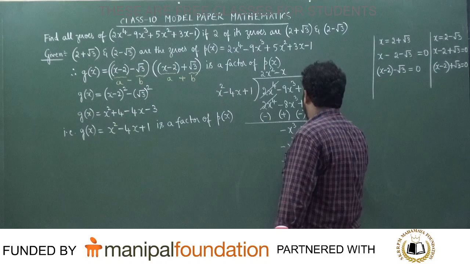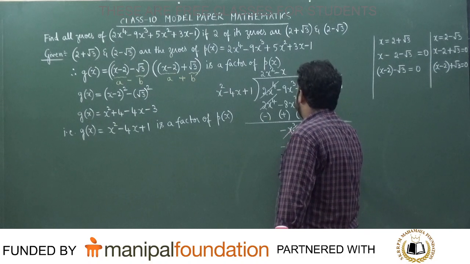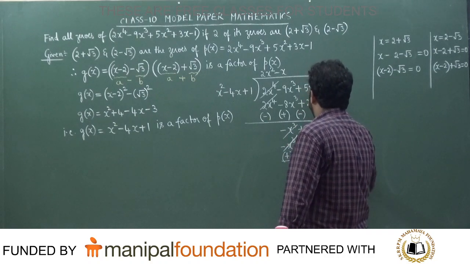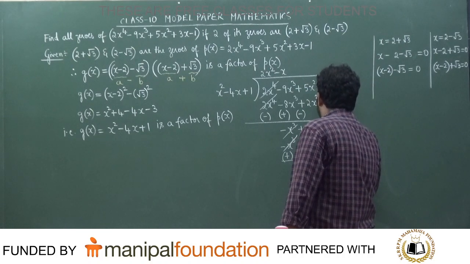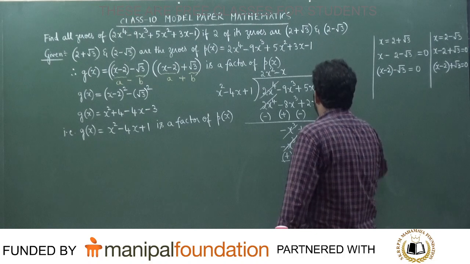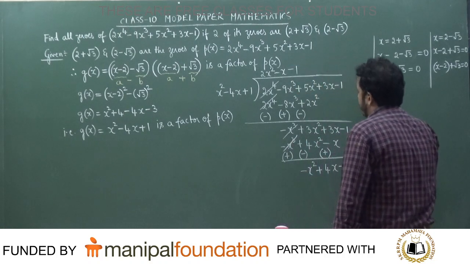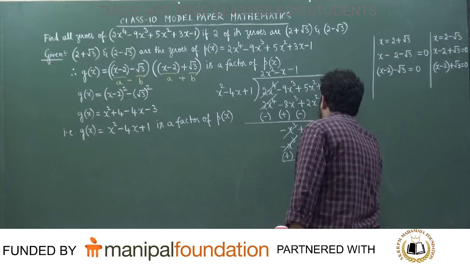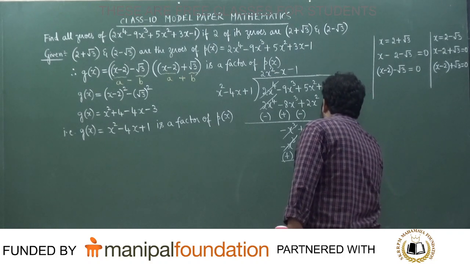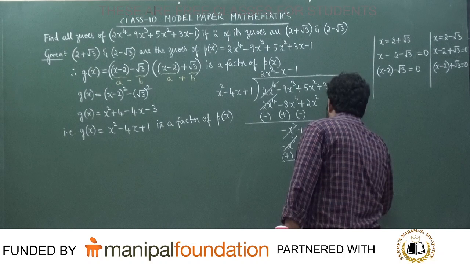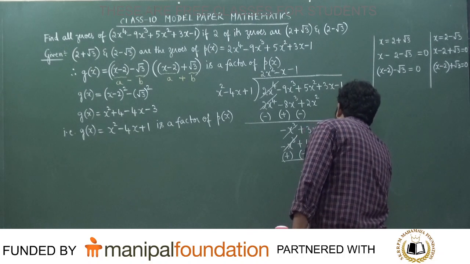So can you tell me what do you get here now? This will become plus, change the sign, and this is done from the 9th standard only. Easy this is. So tell me, what is this? Minus x square plus 4x minus 1. So what is that if we multiply with minus 1? Again minus x square plus 4x minus 1. So when you change the sign to plus, when you change the sign to minus, everything will become equal to what?